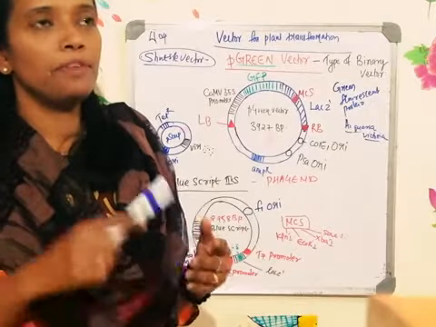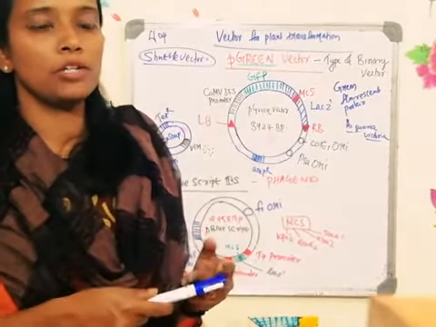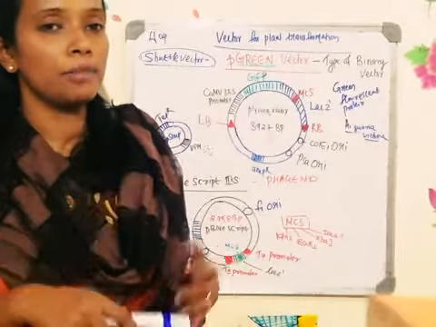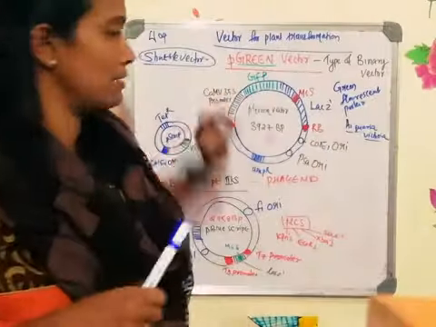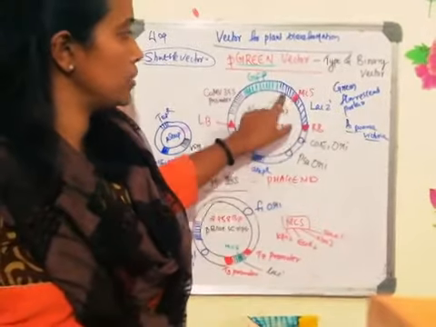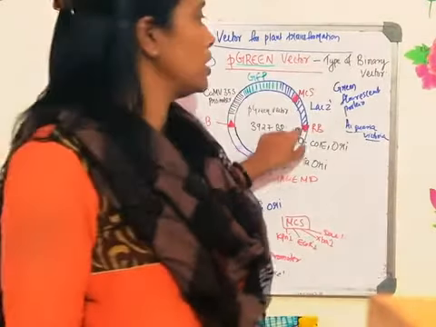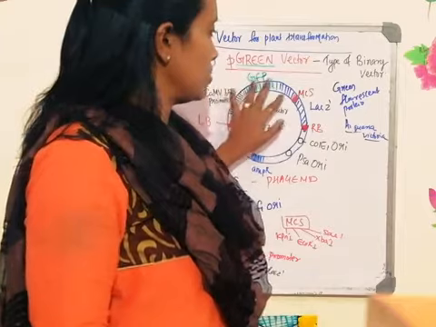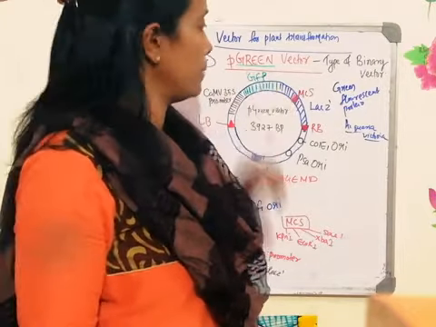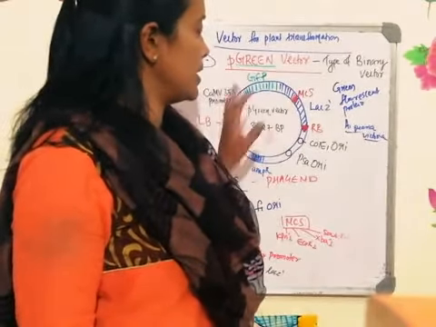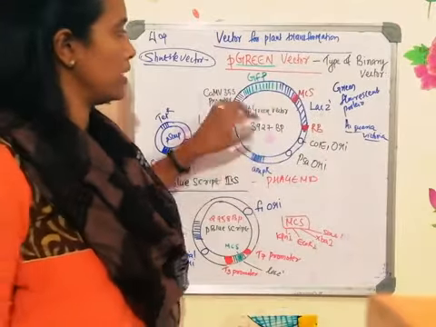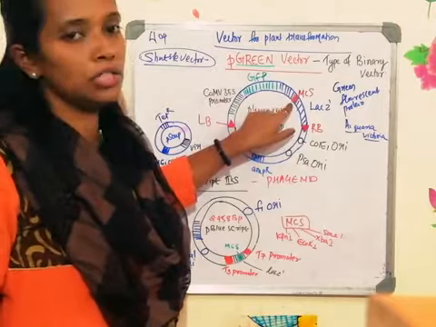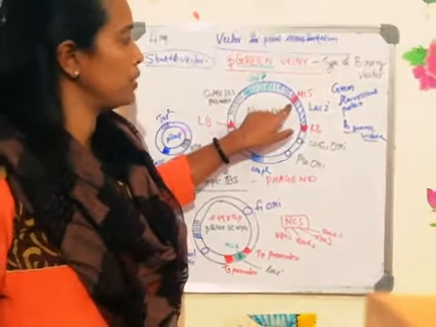Okay, after you put this plasmid into the Agrobacterium tumefaciens, you need to check whether Agrobacterium tumefaciens has taken up this particular vector, which is the pGreen vector. For that purpose, you can use this particular selectable marker gene. By using blue-white selection, you can select the recombinant cell. So once you get the Agrobacterium tumefaciens with this particular vector, you can do the gene cloning modification. How will you do the modification?